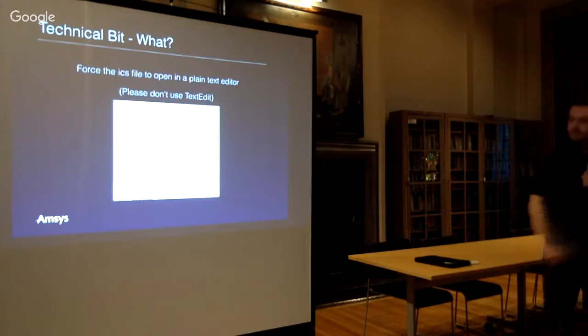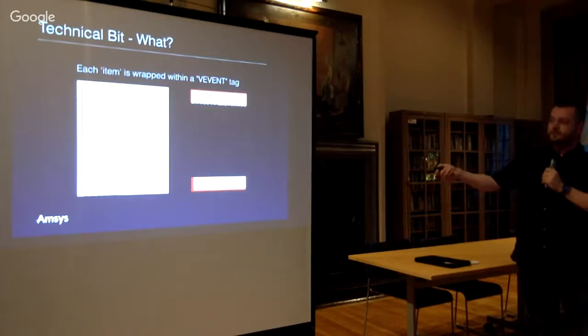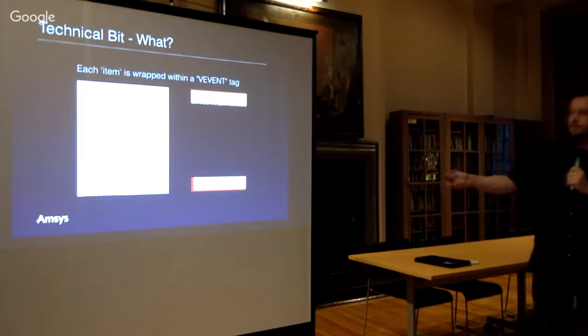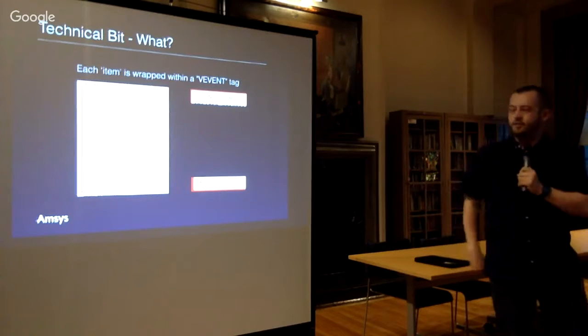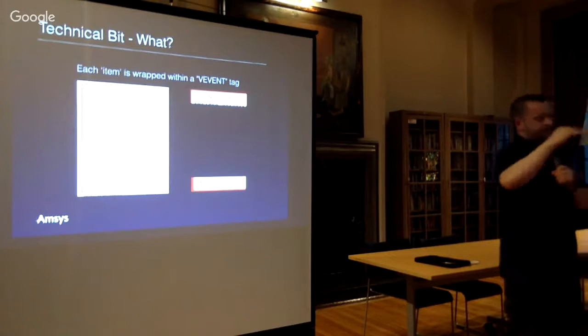So force it open in a plain text editor application of some kind, and you get a nice little text file. Digging into it a bit further, each event is actually wrapped in a beginning of the event and an end of the event, and all the information is in the middle there. Don't ask me what it all means, I'm afraid, I don't know exactly what it means. But those are the 2 key bits, and that's what wraps each event.